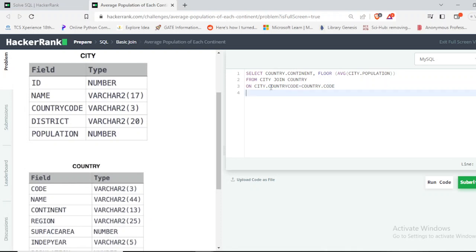So the next thing that we need to do is we need to group the data. If we just run the code now, it will be an error. There is a certain condition called group by. That means it is used to group the similar data for a particular column. So group by